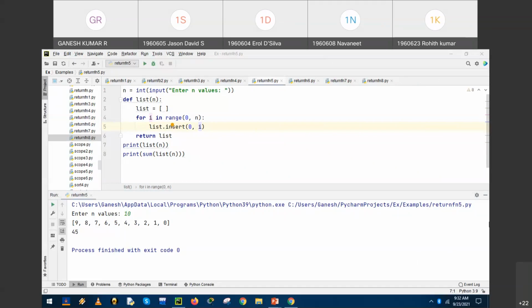Yeah, I have got one response from Jason. Yes, sir. Range of 1, comma n plus 1. Okay, yes, sir. The range gives the lower limit to upper limit. So instead of 0, if we have the lower limit as 1, then we will get values as per the range value.